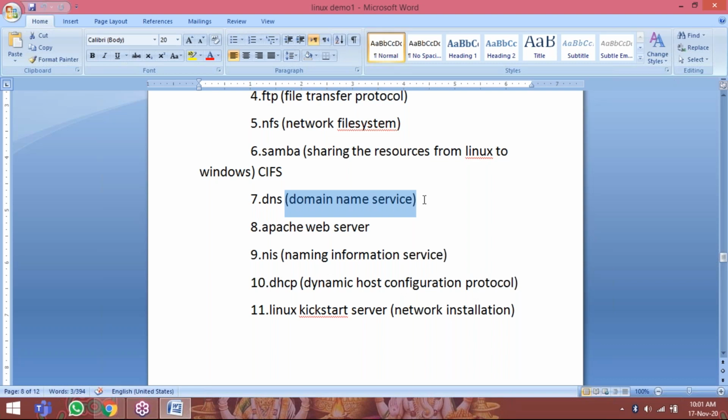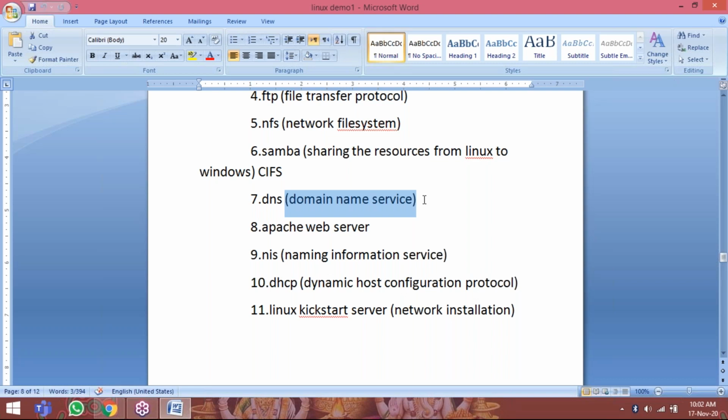Next to DHCP, Dynamic Host Configuration Protocol. So DHCP will assign the IP addresses automatically to the clients. So you can check your mobile, you can have an IP address. Every mobile has IP address. So automatically your internet provider will configure the DHCP server. So depending upon the area where you are moving, automatically it will assign the IP address to your mobile. That is the reason we are connecting to the internet.